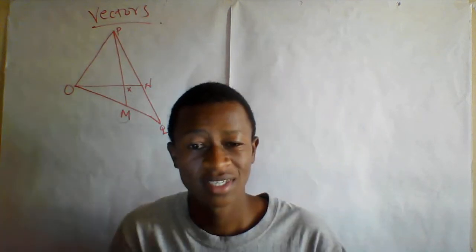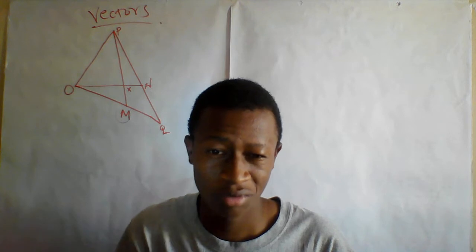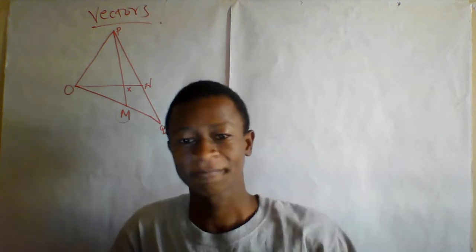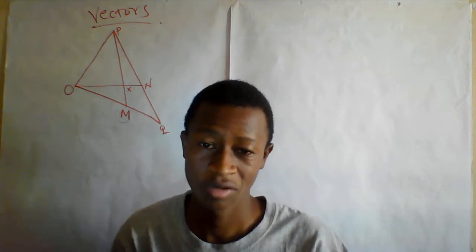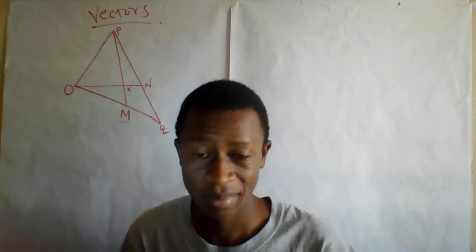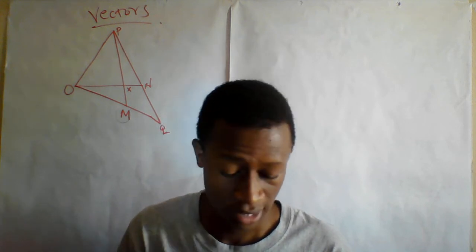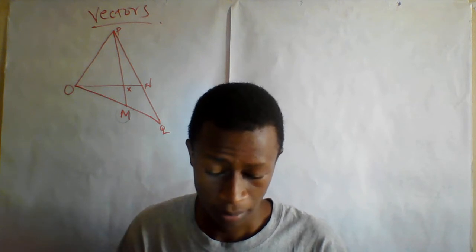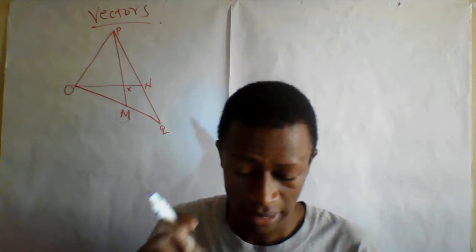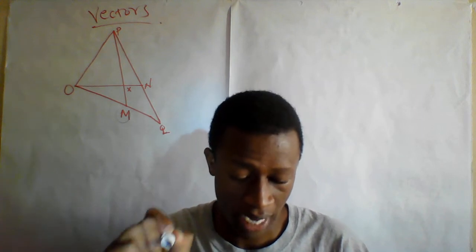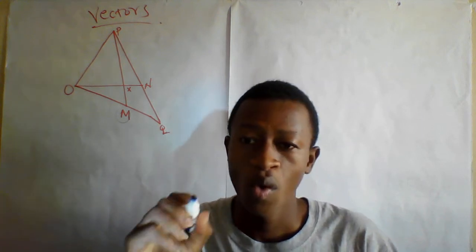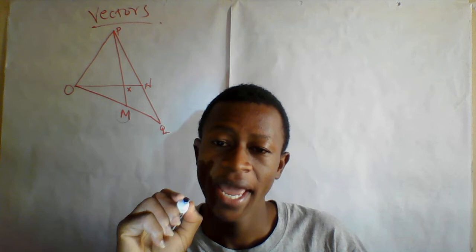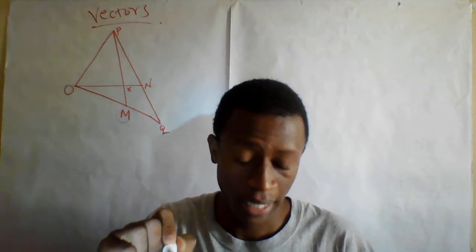Are we together, student? Step by step. I told you in the last class that if you follow step by step, I show you that you get all the marks. So the other one is that OM and MQ are divided in